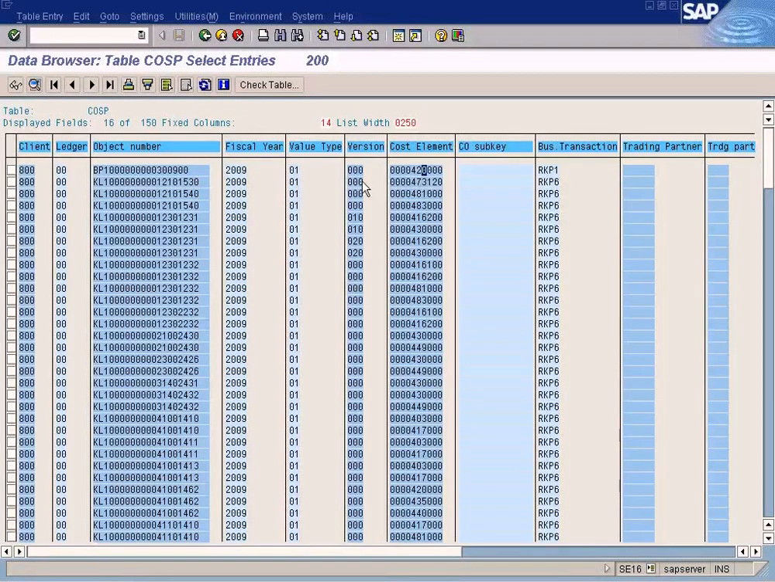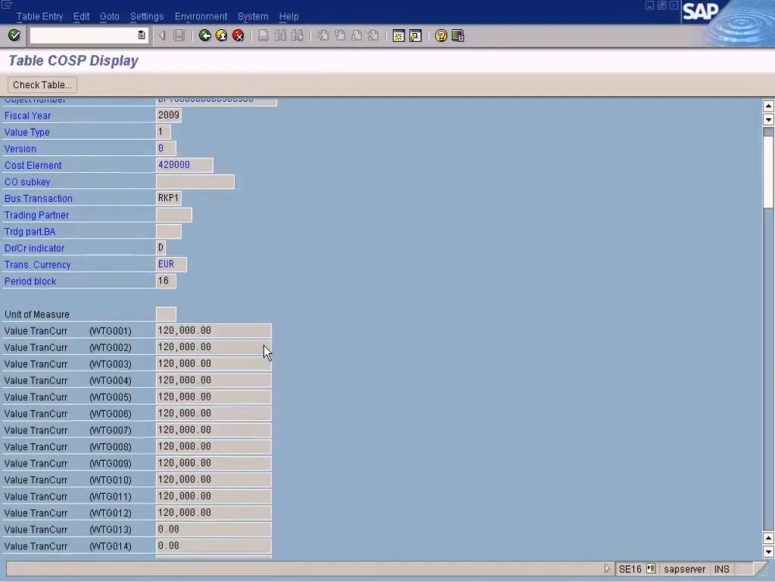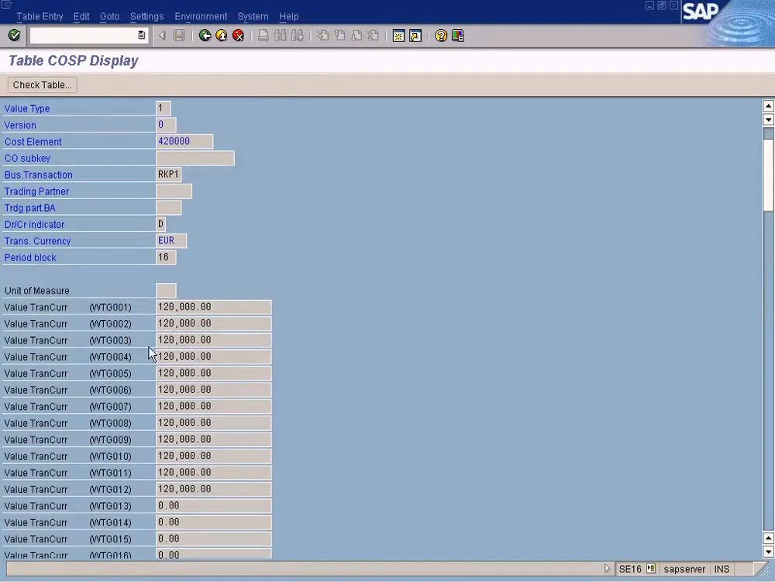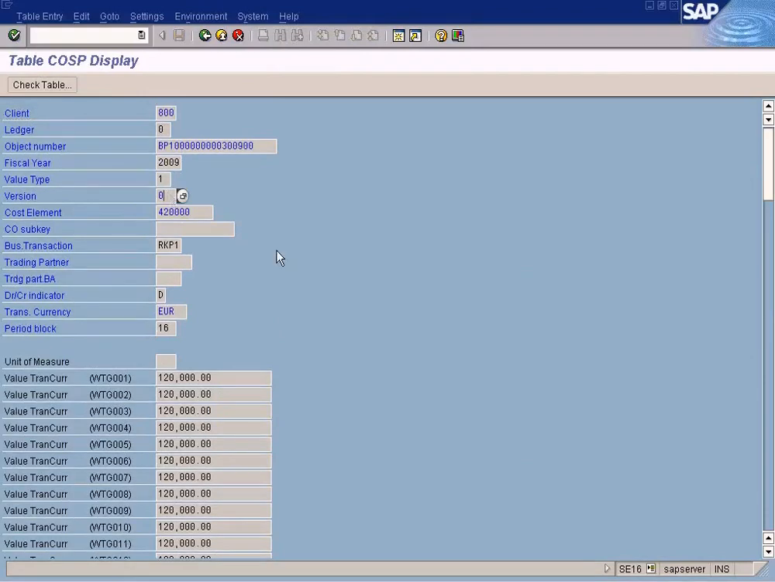So if you double click this, I zoom into the details of it. These are the plan values entered for period 1 to 12. So you can see it is stored for version 0. This is how the system is making use of the version that you enter here. So in this way,